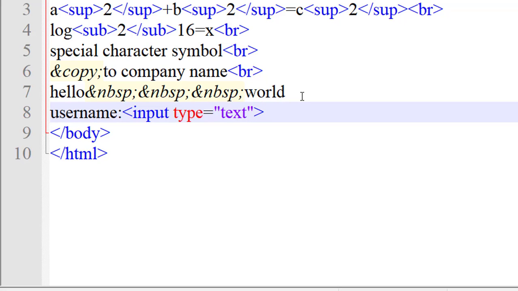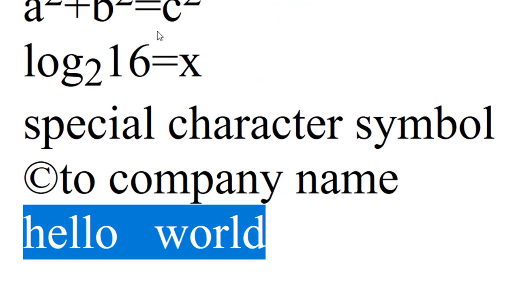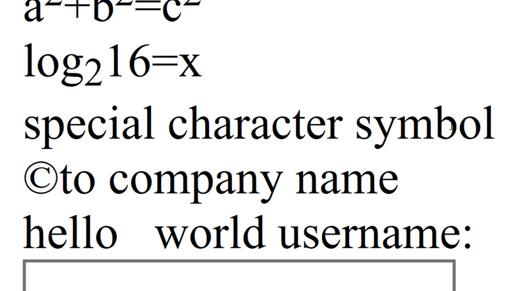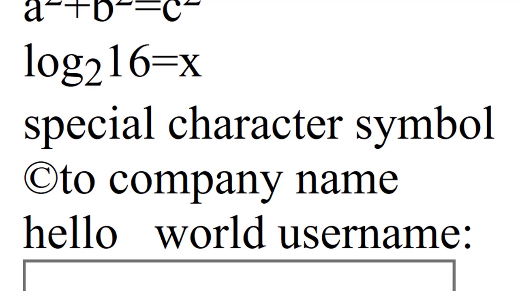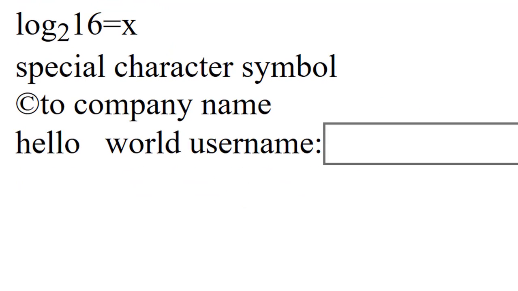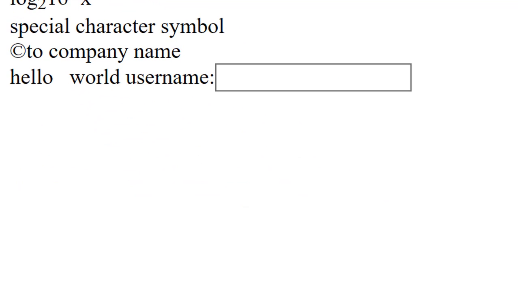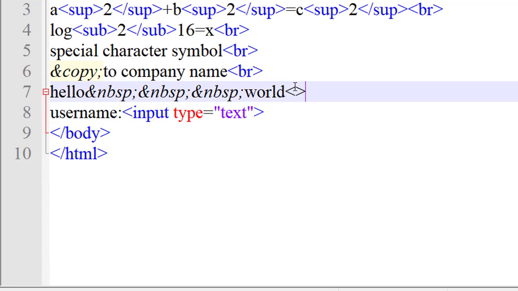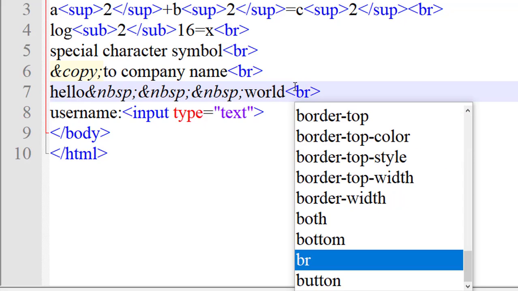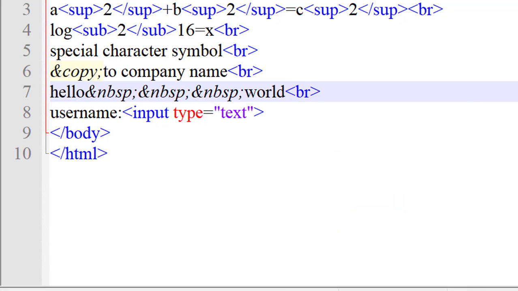Just save this and run it. You can see the username text box. Okay, I want this in the next line, so I will use the br tag. Just save this and run it.